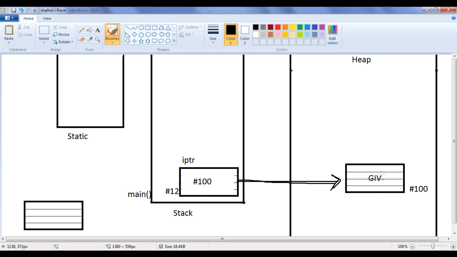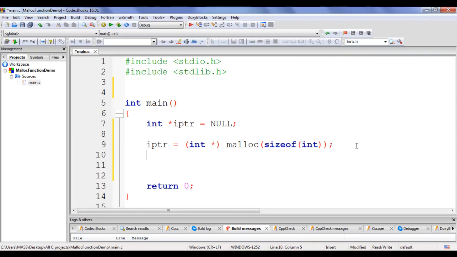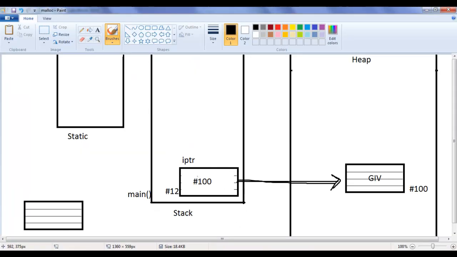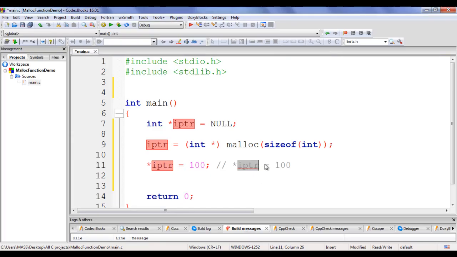We can change the value of the #100 memory location. And how do we do that? We say here *iptr = 100; What is the meaning of this line of code? We have *iptr = 100. What is the value of iptr? The value of iptr is #100.